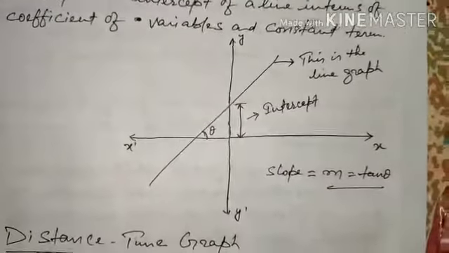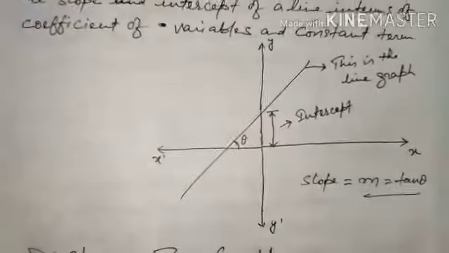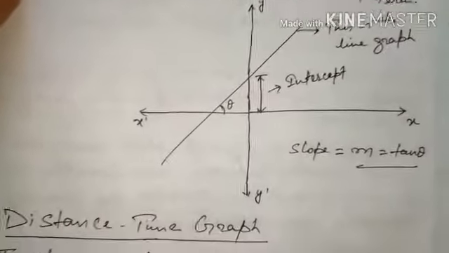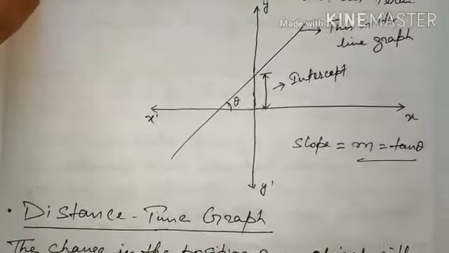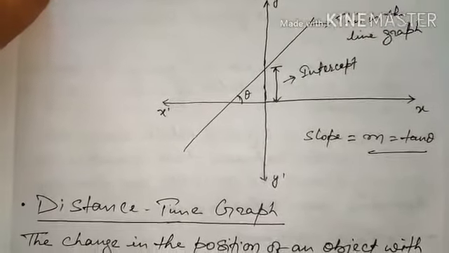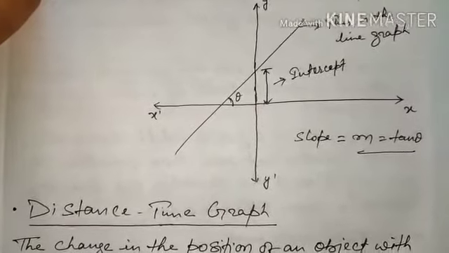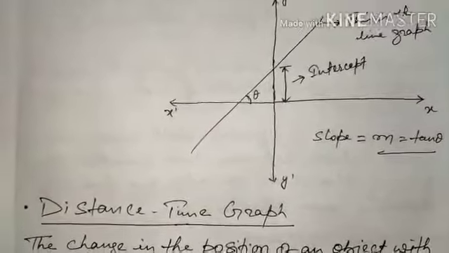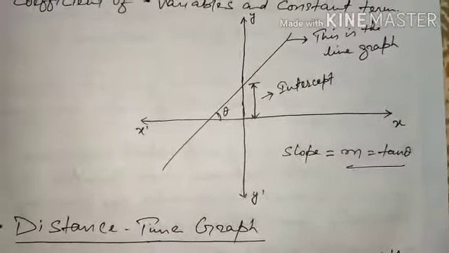One of the things I have used here, which you haven't studied yet, but no issues, don't think a lot. Simply remember that the slope of a line is expressed with the help of tan theta. It means whatever angle the line forms, you just put tan with that angle and you get the slope. Nothing more than that do you have to study about tan theta. Don't think that you have to study the whole of trigonometry over here. Please don't start thinking like that.